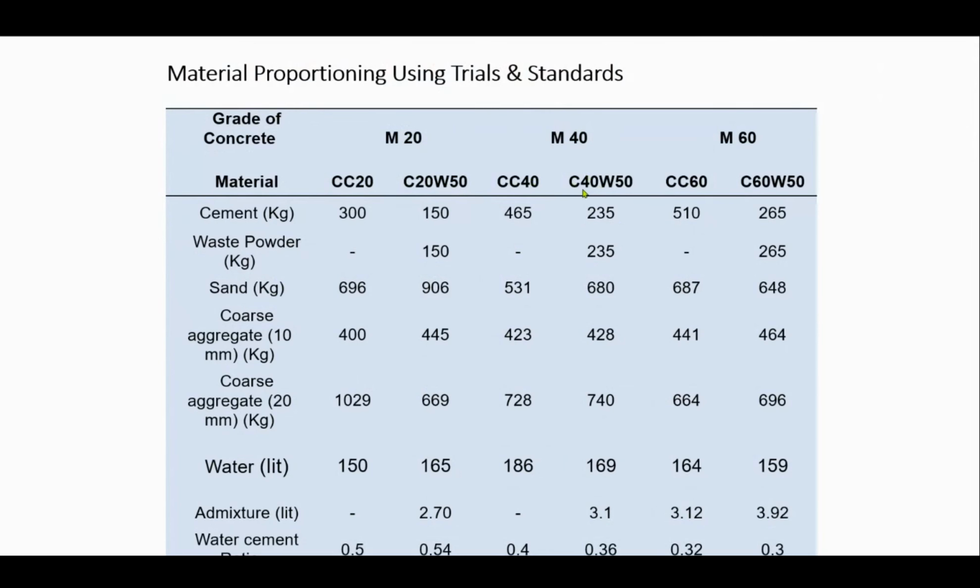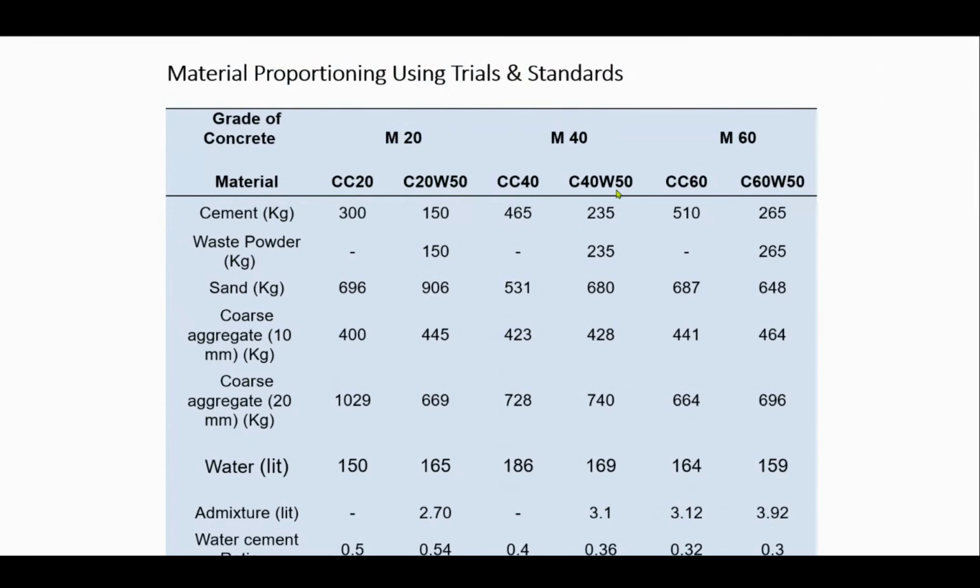And this is the 40 grade concrete with 50% waste, meaning in place of cement we did 50% replacement. If we are preparing concrete and using, say, 360 grams of cement for conventional concrete,